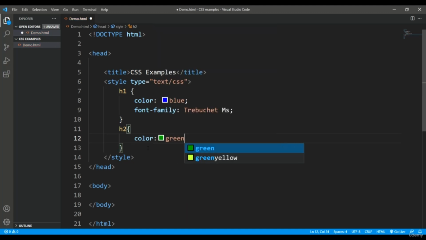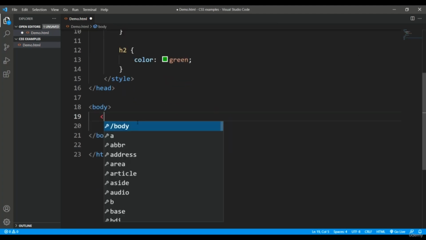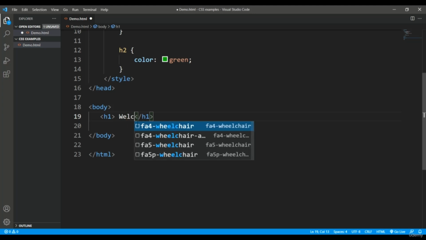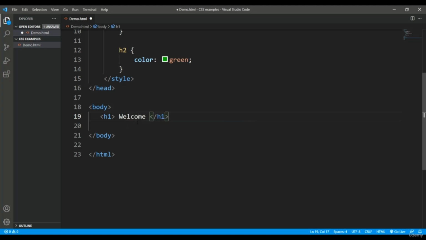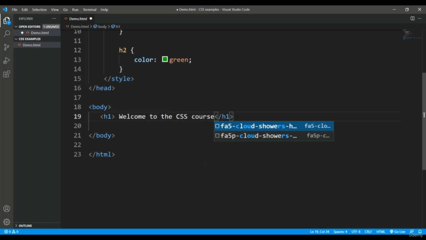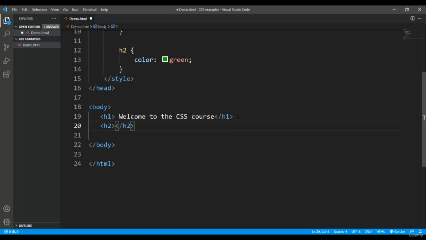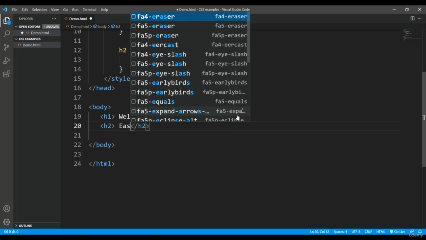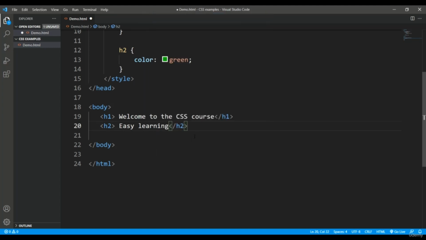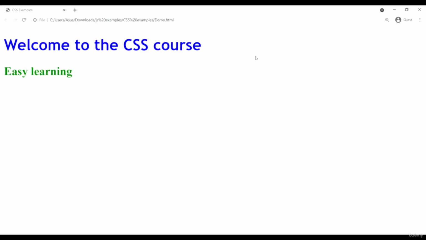Now I'll come to the body and put an H1 tag with the text welcome, and in H2 I'll put another text, easy learning. Alright, so let's come back to the browser, and when I refresh this,